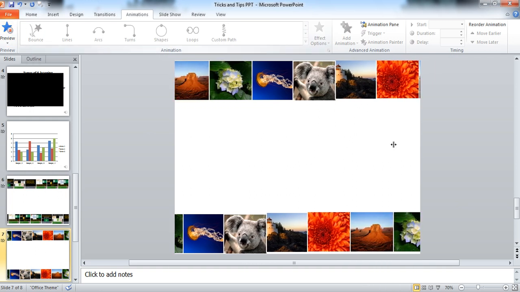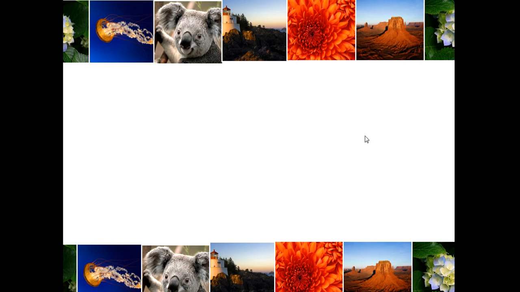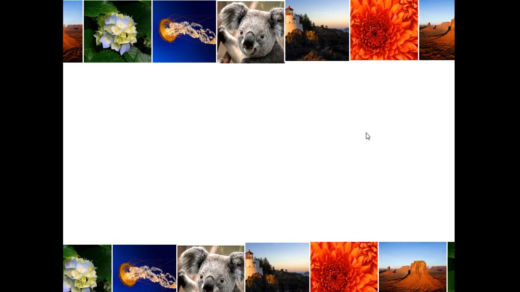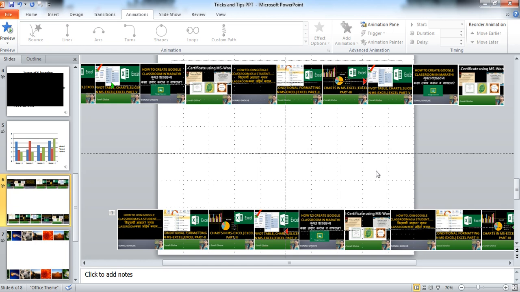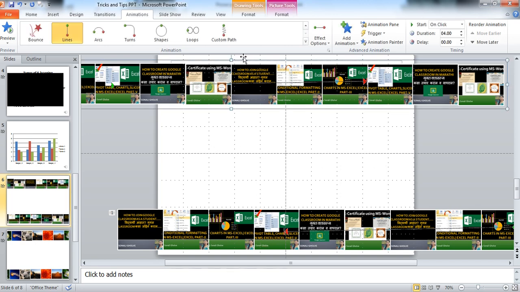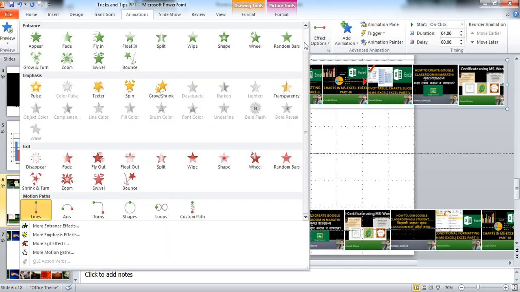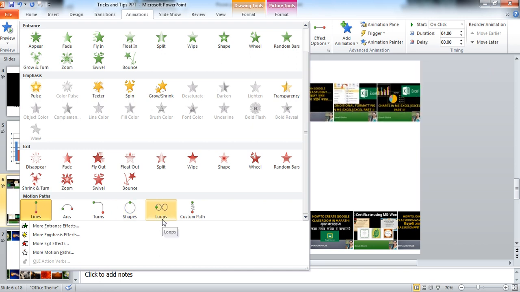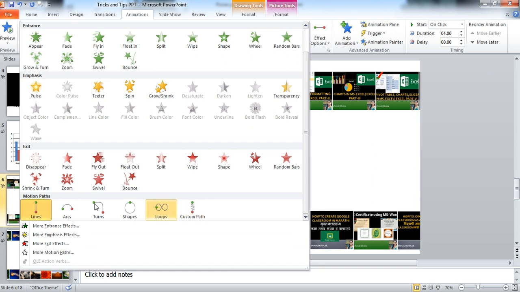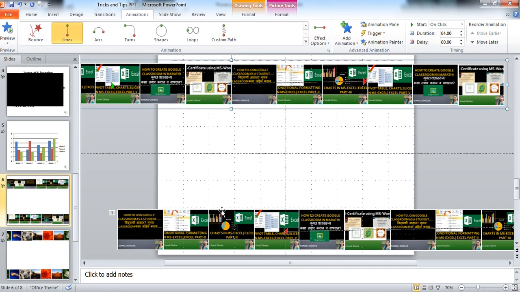You can create this type of rotating image by using this option. You can take any picture as per your requirement. Or you can create the floating effect also, floating pictures. Only use these different types of line path or the custom path motion path to apply to the floating images. You can try these options also, and the custom path option also.